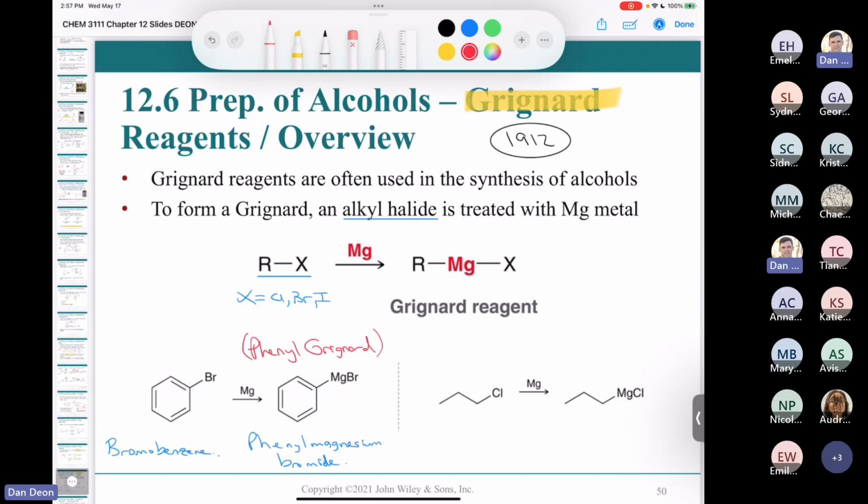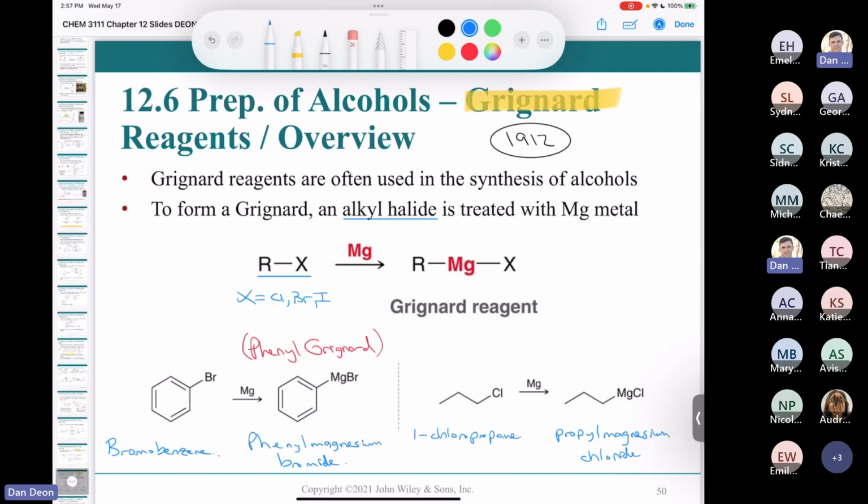And the next one, we're taking 1-chloropropane or n-chloropropane. Treat it with magnesium. It does the insertion, and you get propylmagnesium chloride. All right, so propylmagnesium chloride is a Grignard, and phenylmagnesium bromide. These are Grignard reagents. Now, if you're looking at that and saying, well, it doesn't look that interesting to me,